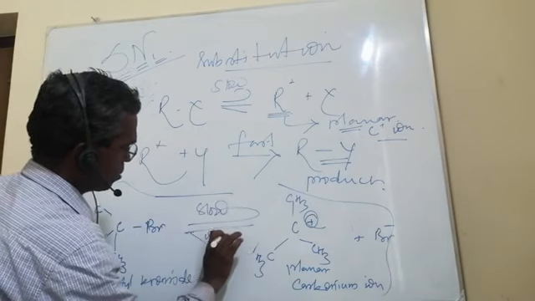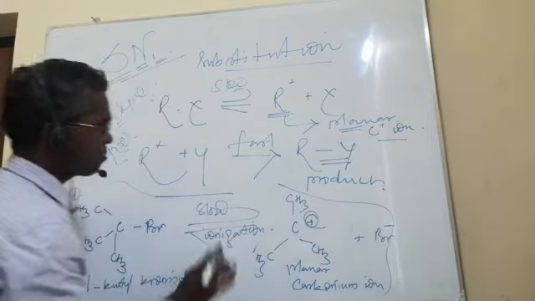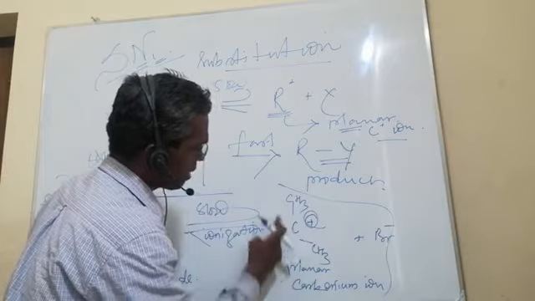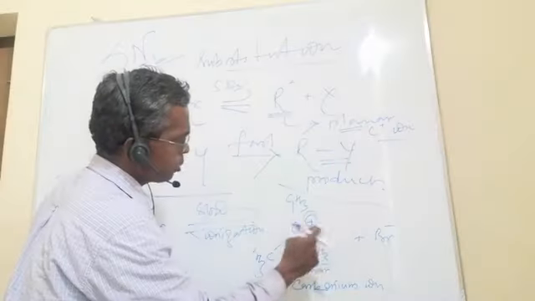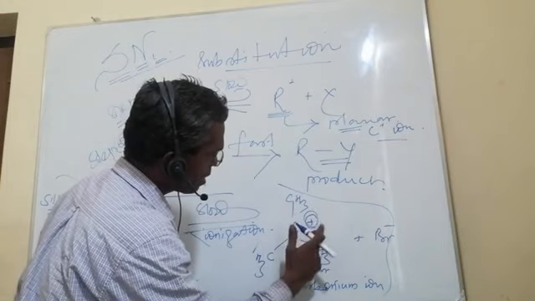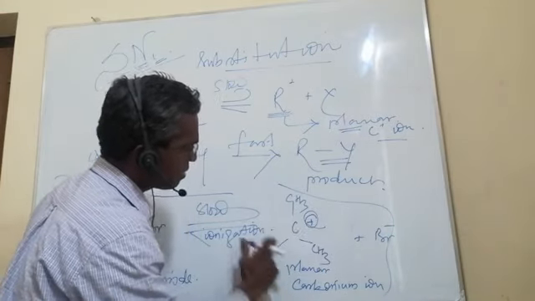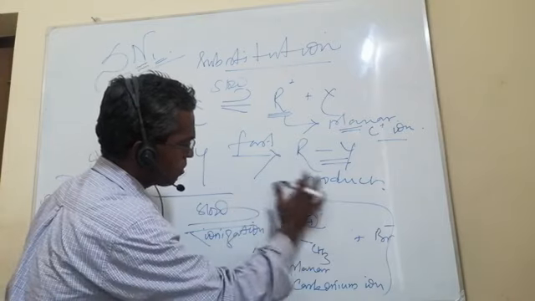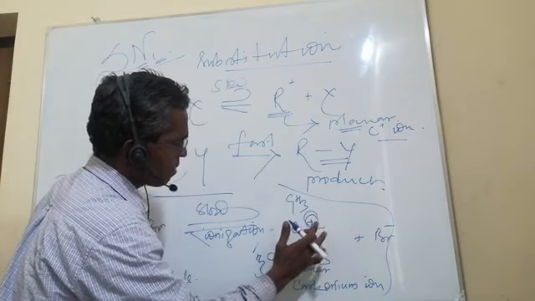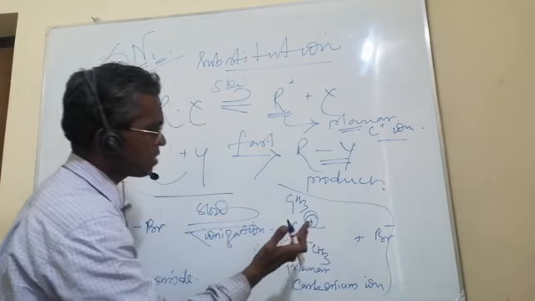Ionization takes place, and as a result, this will give you the planar carbonium ion. Since this is planar, the Y minus or OH minus can attack this planar carbonium ion from this side or this side. All the three sides, all the places where we have the possibility of attack by the incoming group are there.